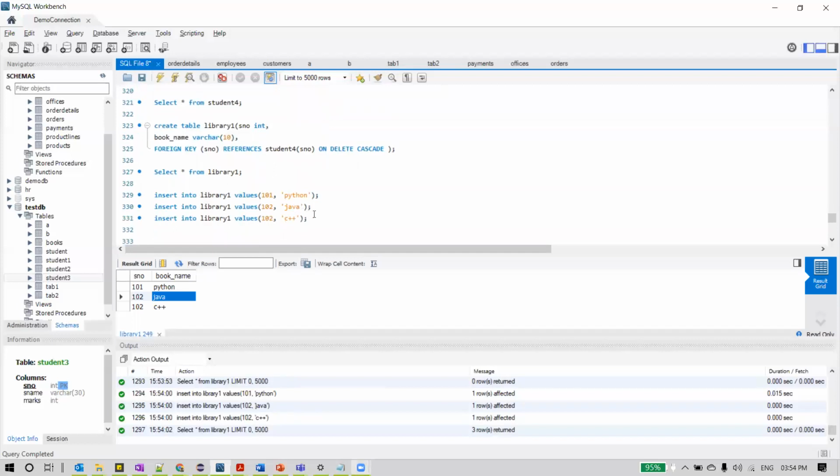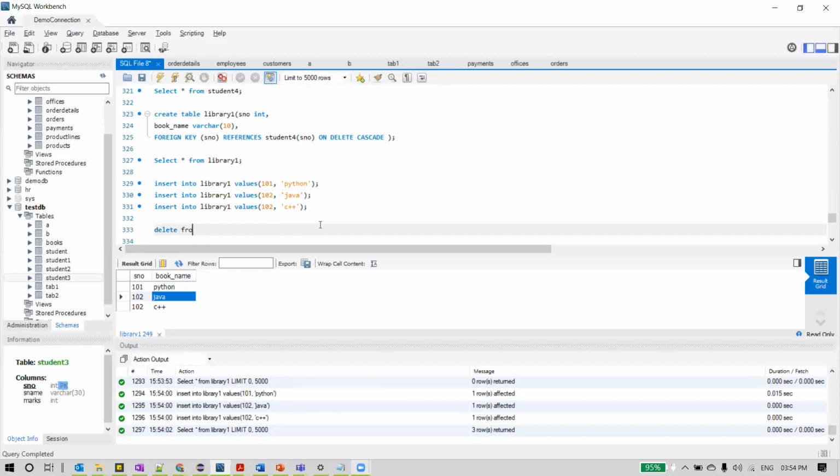And what should happen now? 102 was referenced in another table, library 1, where it was called a foreign key. These two rows should automatically be deleted. That is our expectation. Let's try that now. Delete from student 4 where S number equal to 102.